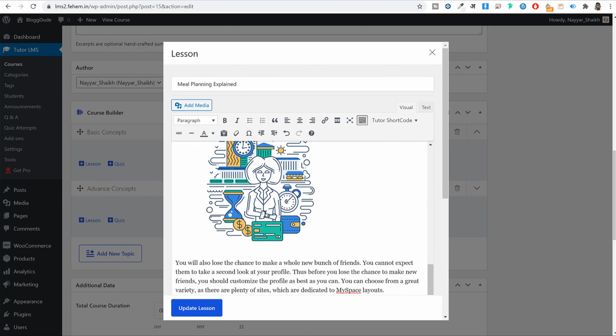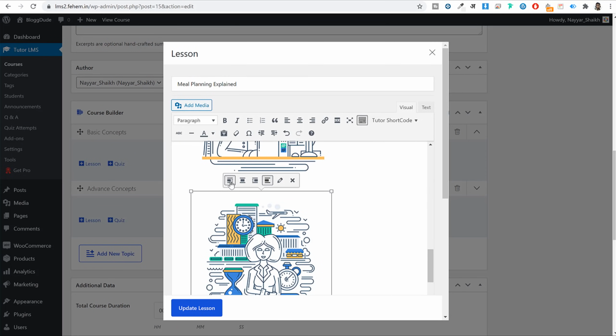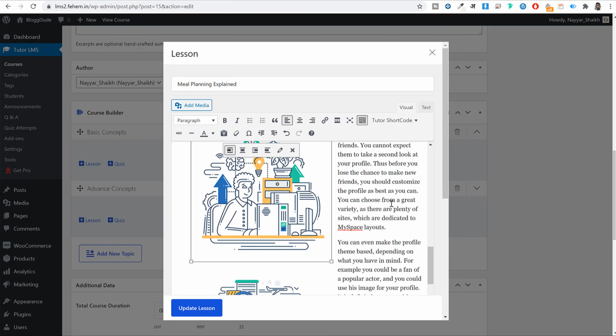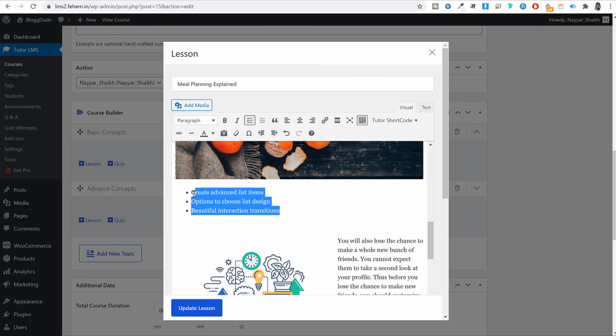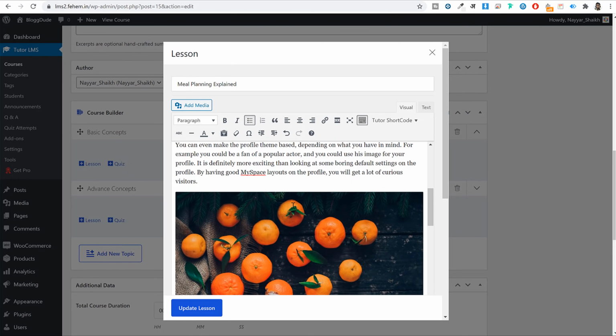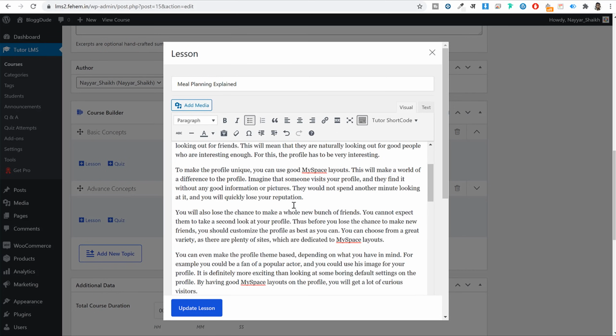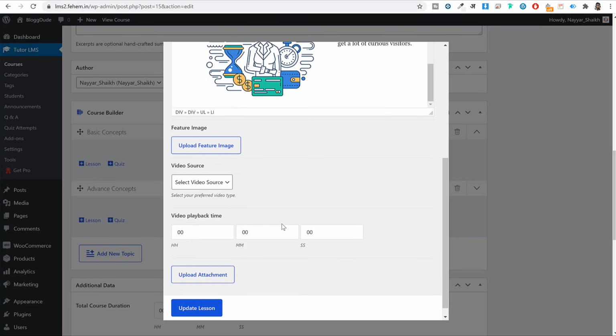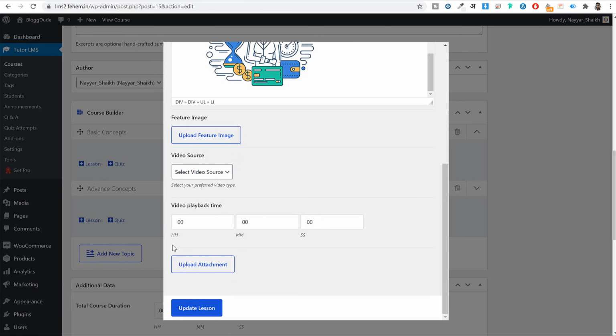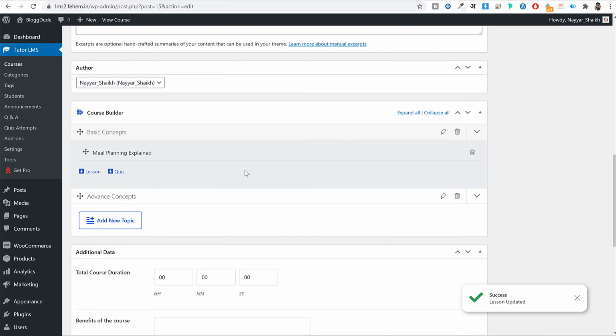You can enter or you can select different options, like you can have images, you can have all these options over here. You can upload images, you can create numbered list, bulleted list. I'll show you this thing when we create different posts. So basically you can create different types of articles like this if you want to create a simple article type of lesson. And after that, you can click on update lesson. If you want to have a video, you can upload that video, but we'll see in the next lesson how we can create video. Now for now, we can just click on update lesson.